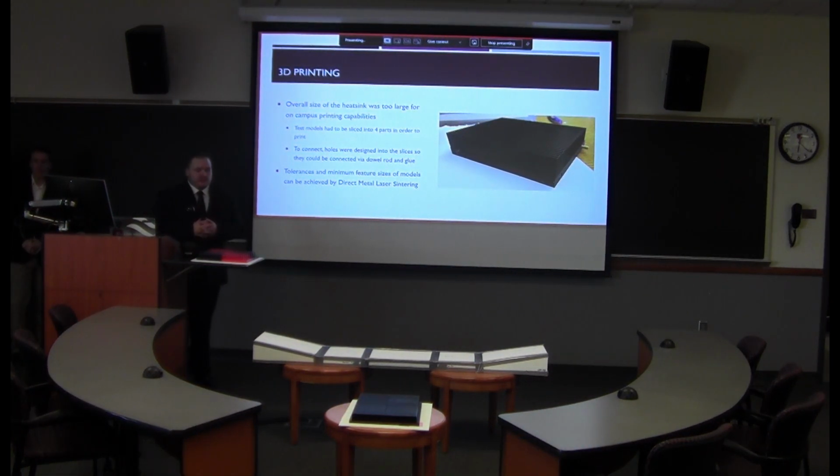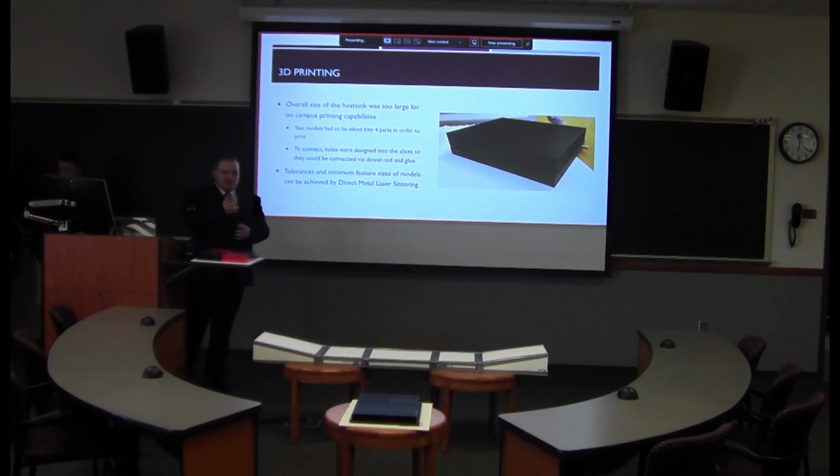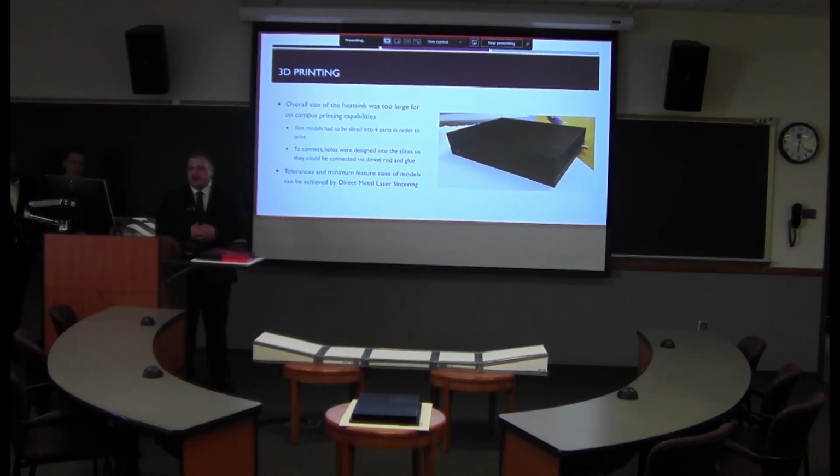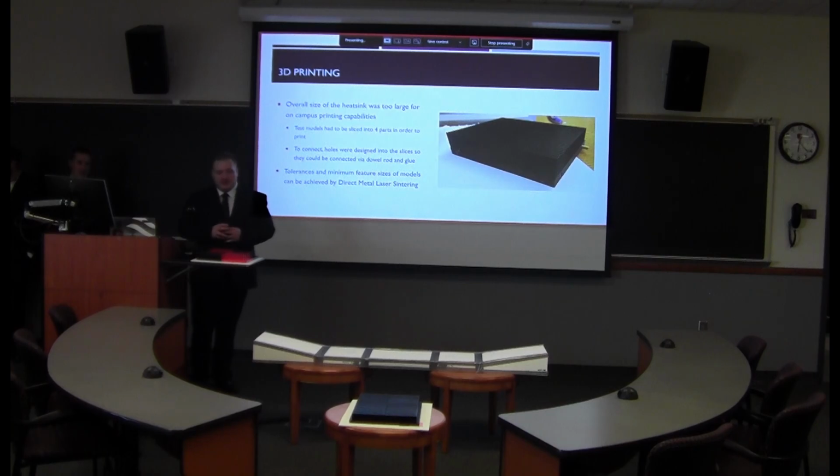Okay, so in order to test these models, you have to find a way to manufacture them. As you can see from both these models, both of them are very large. So when we reached out to another company to print them, they were very expensive and would have eaten up a significant portion of our budget, as well as providing very lengthy lead times. So in order to counteract that, we printed everything in-house, and some of the adaptations we had to make were that we had to split everything into 1/4 of the heatsink in order to print 4 parts to put together. This is due to our on-campus printing capabilities